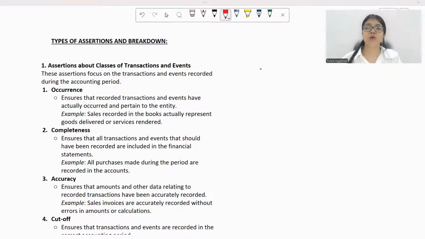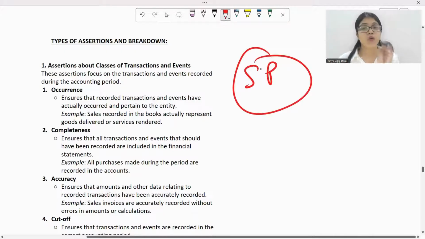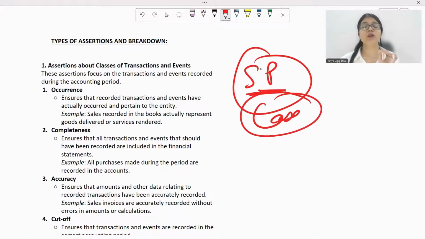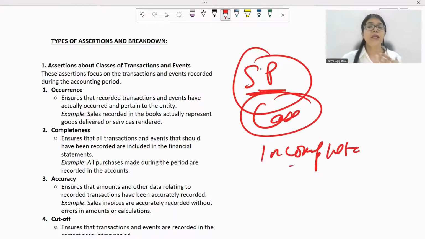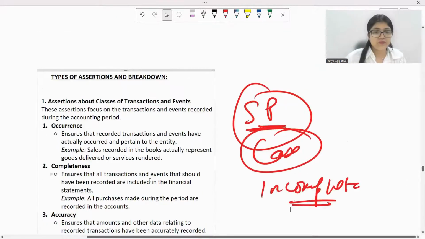See, whenever we are talking about substantive procedures, I always tell my students that your substantive procedures have to be as per the case. If it is not specific to the case, if it is all general, all rote learned, it won't fetch you full marks, and it can also lead to paper nullification, right? So that is one aspect which you have to completely forget, which is rote learning substantive procedures, right? Second aspect is sometimes I see students writing incomplete substantive procedures, meaning they do not write the assertion. So, for example, if I take any of these examples, you will write, if I talk about this one.